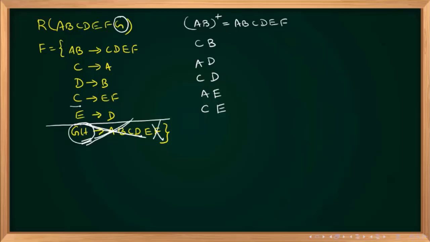Instead of E, I can substitute this one, no? Apply the decomposition rule. Instead of E, I can substitute C. So if instead of E I substitute C, what will happen? A, C, and C, C. Instead of E, I have substituted, and it became A, C, and C, C. But one very nice thing happened over there.